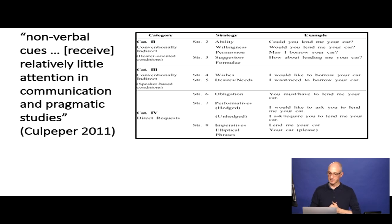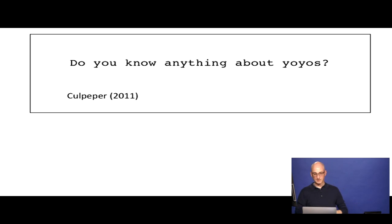The table here shows the type of verbal paradigm that you might find in politeness studies in the Brown and Levensonian tradition, where it might be claimed, for example, that an indirect request, such as, "Could you lend me your car?" is more polite than a direct request, such as, "Lend me your car," or just, "Your car." But it's obvious that nonverbal elements will also feature in how the level of politeness and other pragmatic meanings are